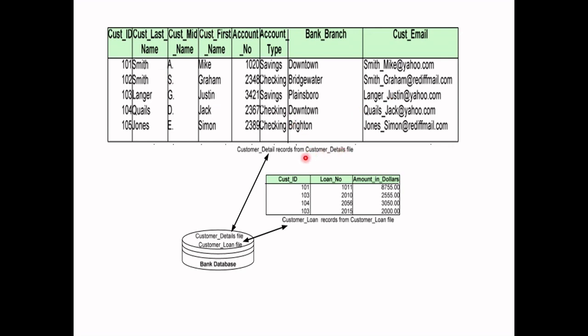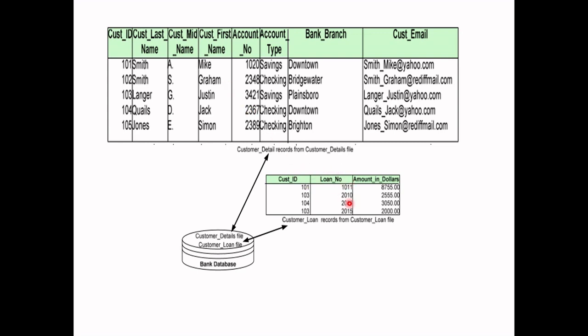Now we have another table, that is loan. So we have a customer ID over here and a customer ID over here. This customer ID is copied here, so this customer ID and that customer ID are the same. Some customers have a loan. So customers 101, 103 and 104 have a loan, and we mention their customer IDs over here. 105 has no loan and 103 has two loans. So this data is dependent on that data, and these two tables are known as interrelated data.